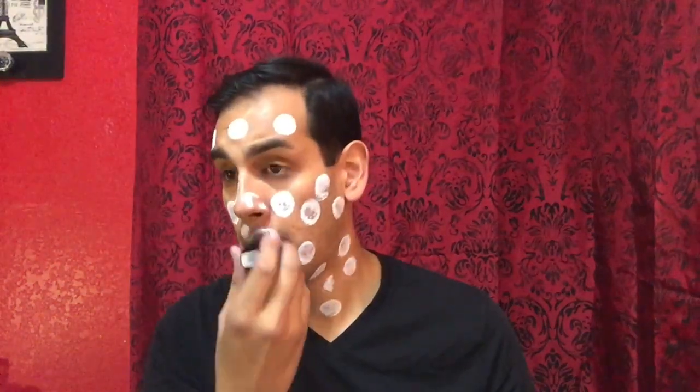So I'm going to start with just dabbing. My face is already clean, and I'm just going to highlight a couple of areas. Depending on your costume, you'll want to go all the way down to the neck or even the chest. For some costumes, don't forget to cover the ears. My particular costume is a high collared Victorian neck, so I don't have to cover too far down, just here